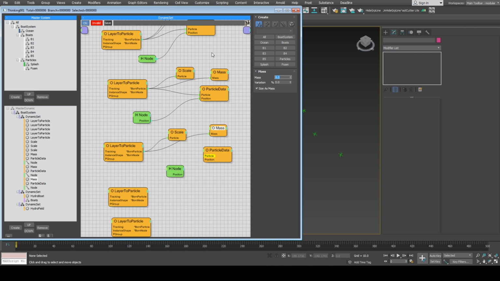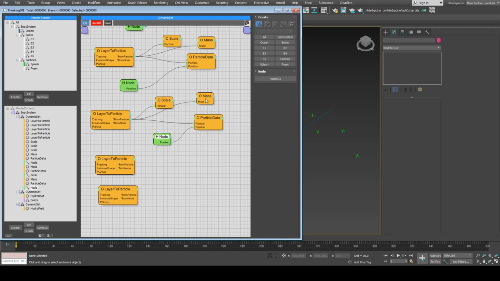Okay, so our last boat is bigger, so we will use a higher mass value for the last boat, and 0.3 here. Alright, assign this,